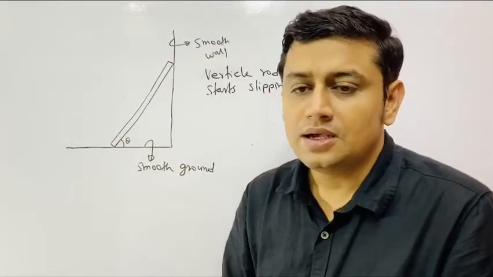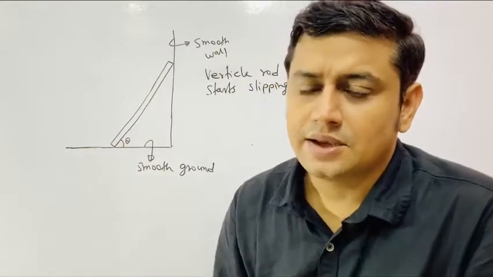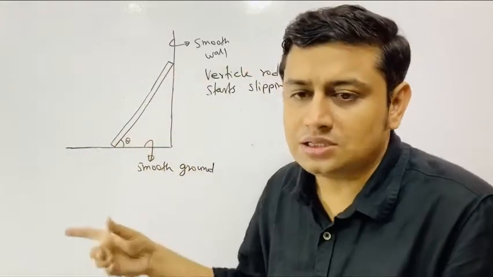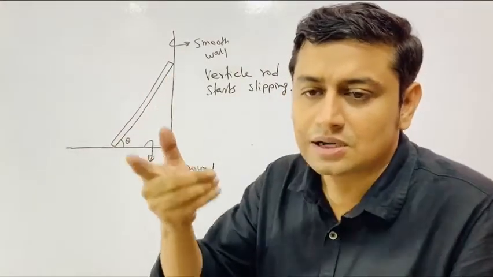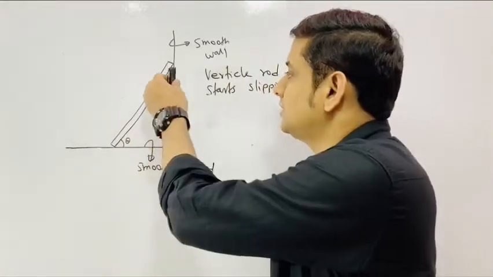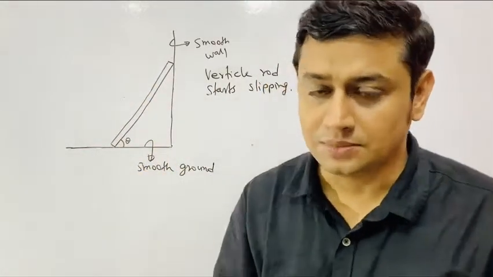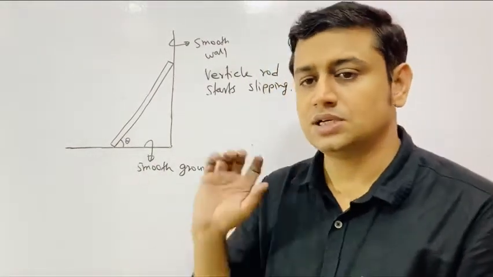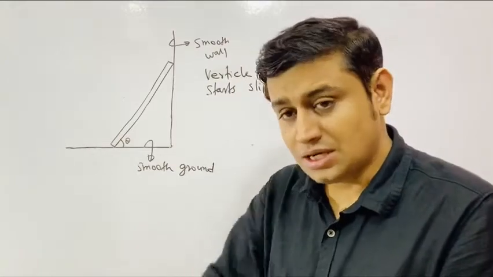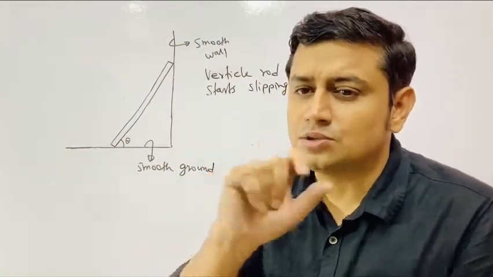Second, is there rotational motion? Is the rod changing its orientation about any axis? Is any line drawn inside the rod changing its angle with any axis? Yes, it was making 90 degrees with the x-axis initially, and now it is making theta. That means it is rotational. Center of mass is not at rest, so translational, and because it is changing orientation, it is rotational. So I have two ways of looking at this.